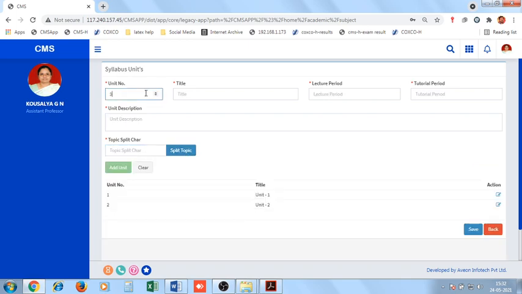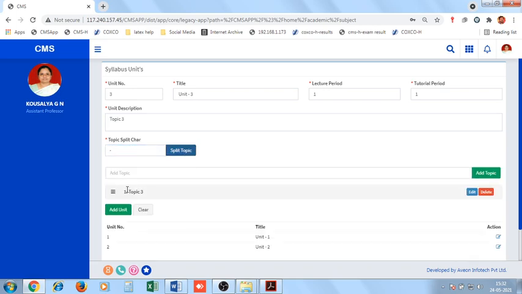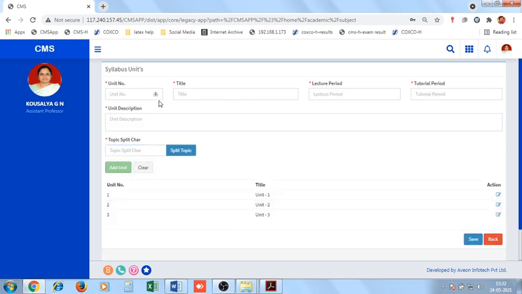Unit number 3, title unit 3, lecture period 1, tutorial period 1, unit description topic 3, split character hyphen, split topic, add unit.